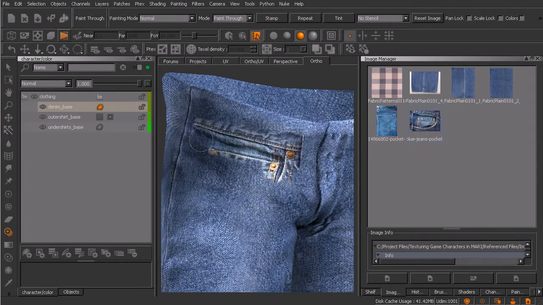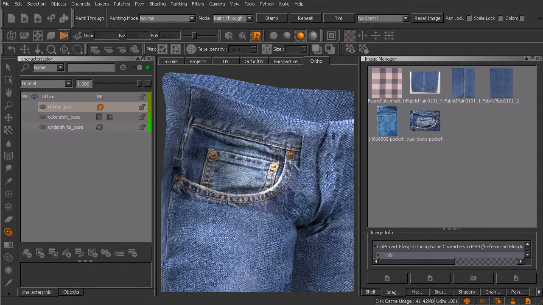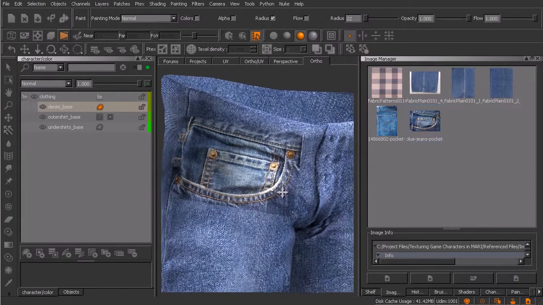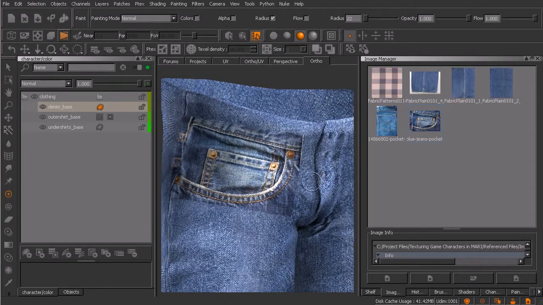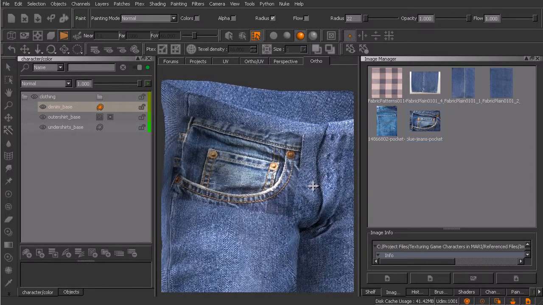Now again, this is another reason why I like to have control over the baking, so that once I get this painted into the buffer, I can then start to reposition the geometry underneath it. So if I switch to my paint tool at this point, I can start to position this. Look at this seam right here in relation to the top edge of the geometry. If I Control R, I can rotate a little bit here. So maybe we want to position that